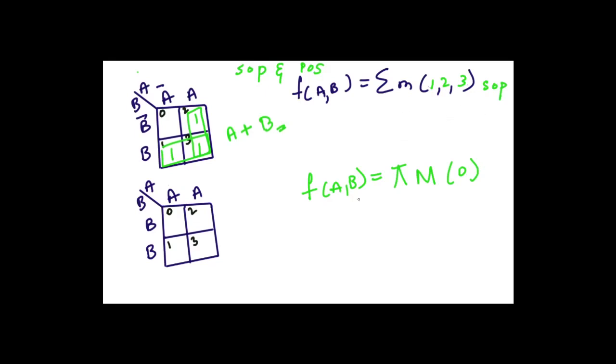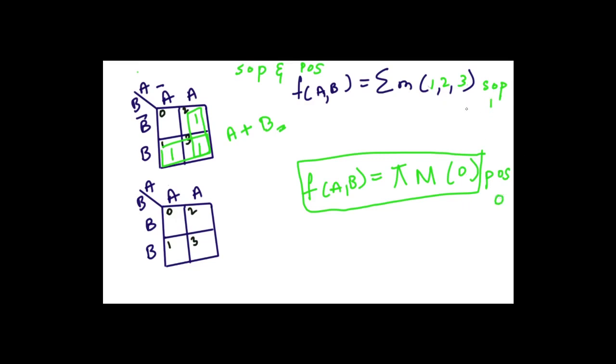So now by seeing this, I can easily tell this is in POS form. How can we say this question is in POS format? Just by looking at product of max terms, capital M, product. By seeing small m and summation, we can say this is in SOP. So when coming to this, you can just interchange. For SOP, you always represent in the form of 1. In POS, you take it as 0.